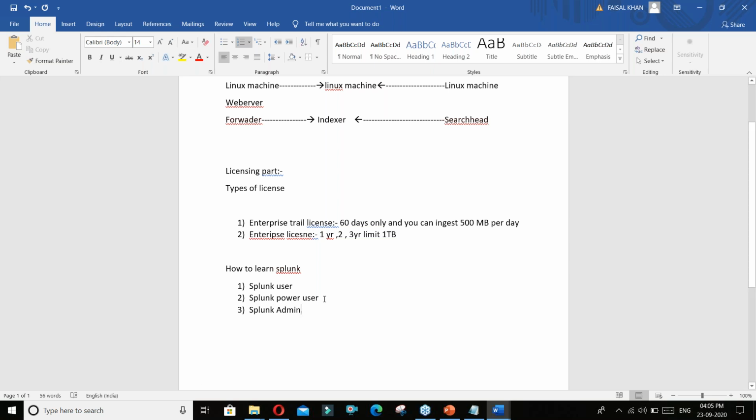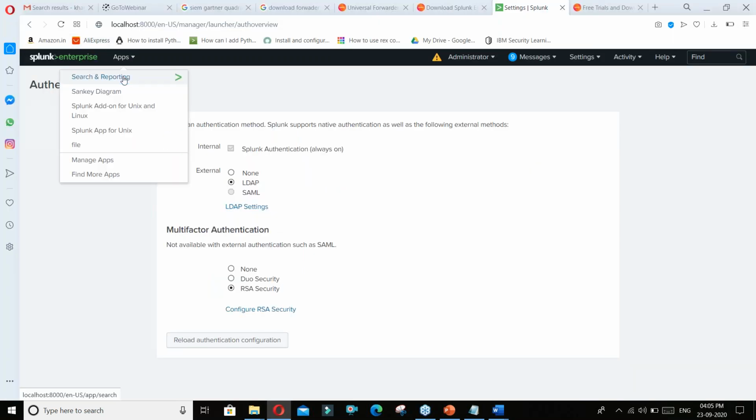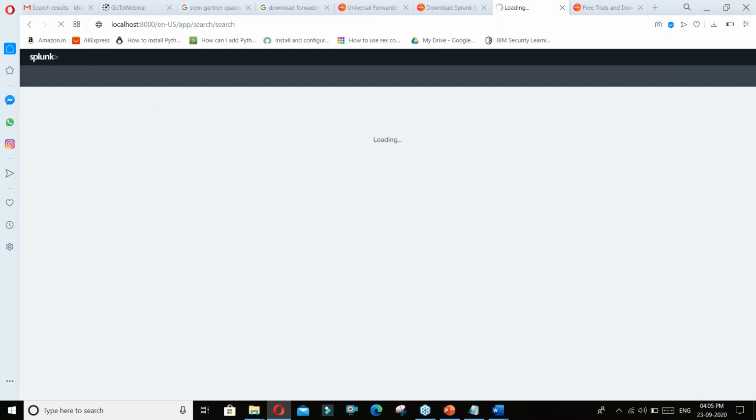Let me give you a high level overview of what you will be learning in Splunk user and Splunk power user. Guys, Splunk user and Splunk power user are the modules that stick to the search, for example, this panel here, search and reporting.